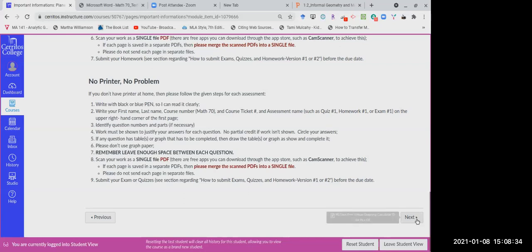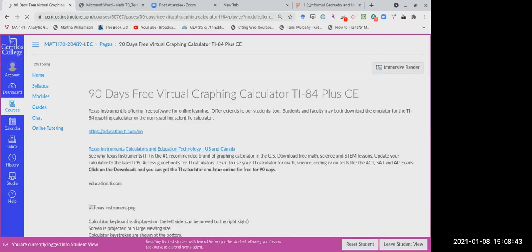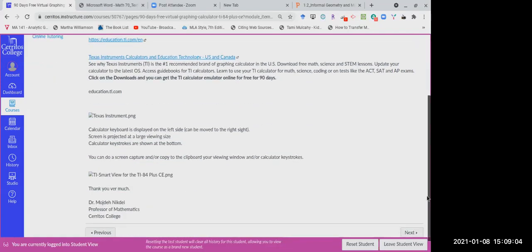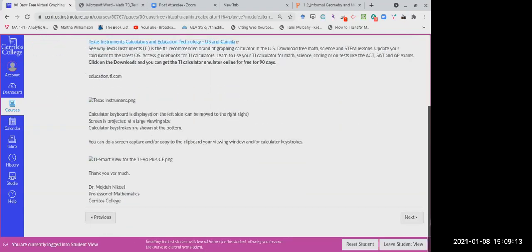Okay. The next page after important information is your 90-day free virtual graphing calculator. If you do not have a graphing calculator that meets the requirements for this course, you have the option to download a 90-day free trial, and it is an emulator that you can do everything on that you need. That's here for you as well. And then we have